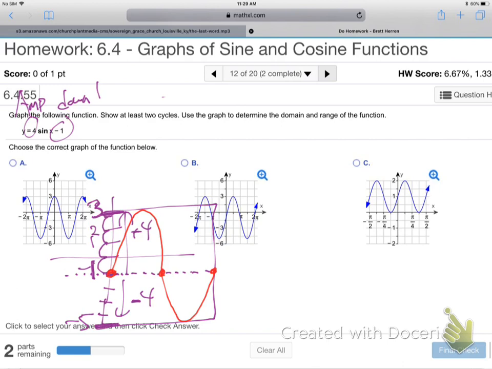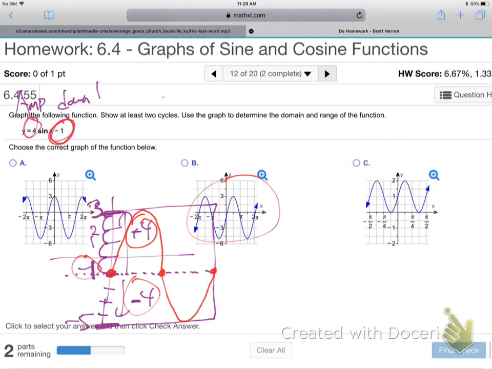Which one goes like that? Number B. B. Oh. That easy enough? That okay? We're going too quick? So again, that minus 1, just grab your midline. Move it down 1, and then the 4 in the front means go up 4 and down 4 from the